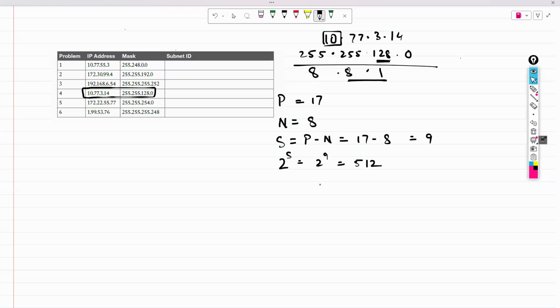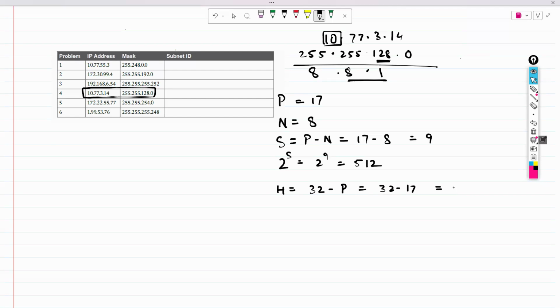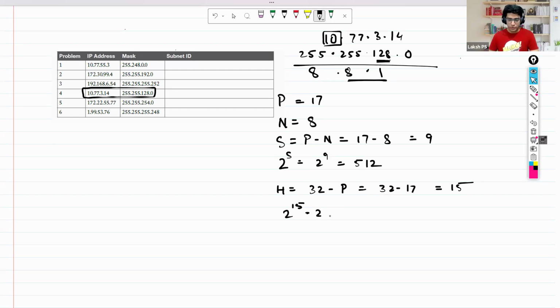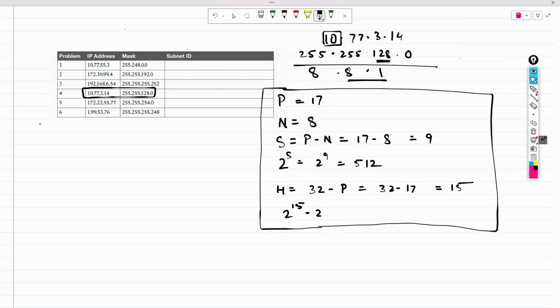Now, how many host bits can we have? We can have 32 minus P bits. That is 32 minus 17, which gives us 15. So how many hosts can we have per subnet? It is 2 power 15 minus 2 hosts per subnet. Keeping our calculation in mind, now let's try to calculate the subnet ID,